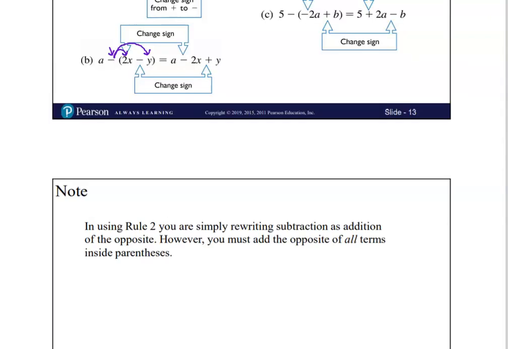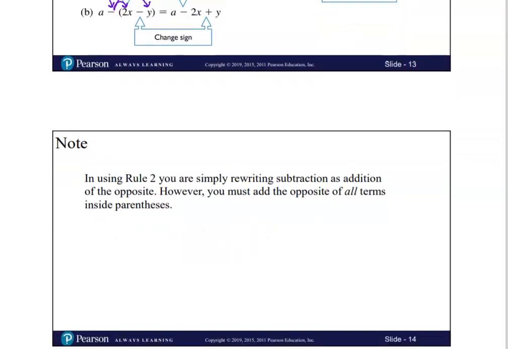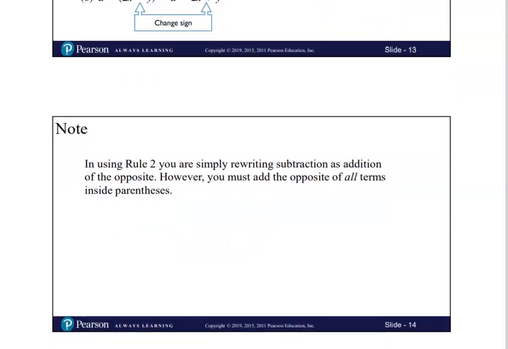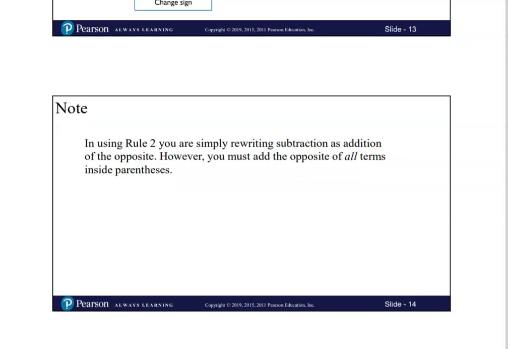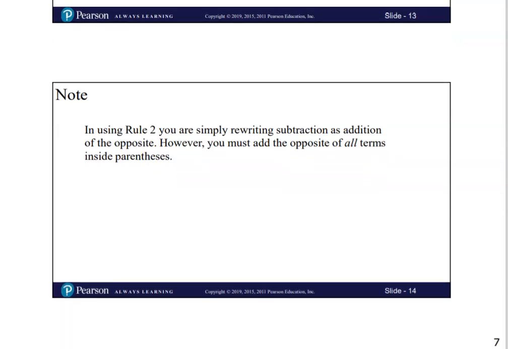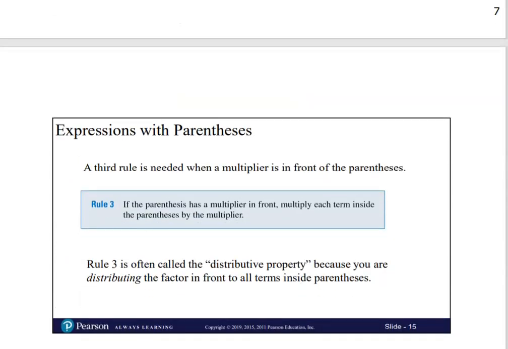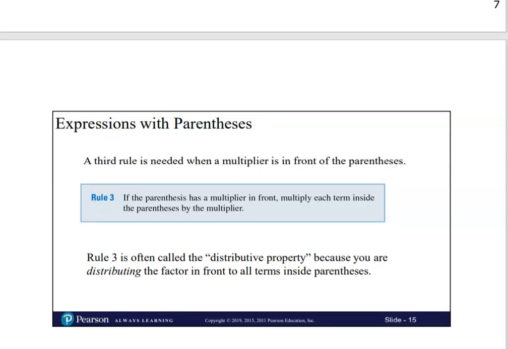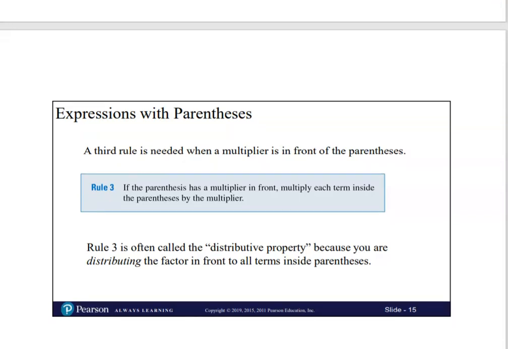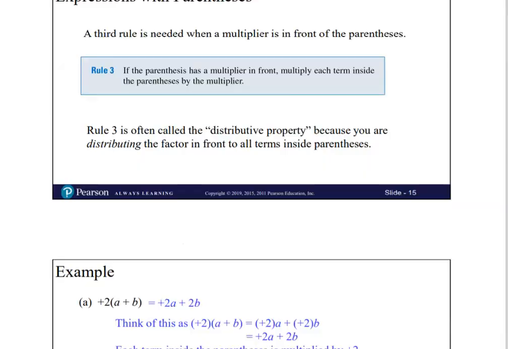Okay. In Rule 2, you are simply rewriting subtraction as addition of the opposite. However, you must add the opposite of all terms inside the parentheses. So, the third rule is needed when a multiplier is in front of the parentheses. If the parentheses has a multiplier in front, multiply each term inside the parentheses by the multiplier. Rule 3 is often called the distributive property because you are distributing the factor in front to all the terms